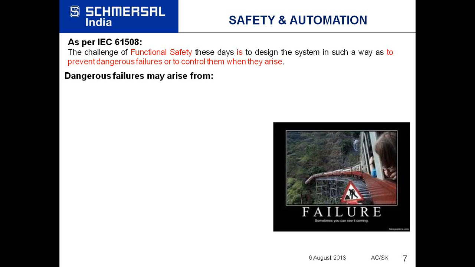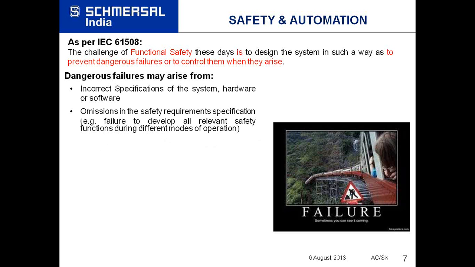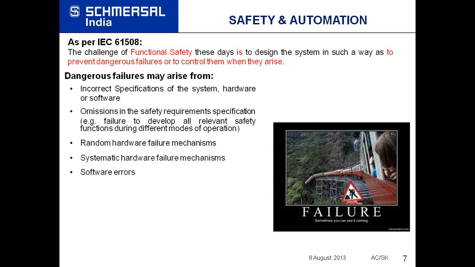And these dangerous failures can occur from many factors. One of those factors is incorrect specifications of the system, hardware or software. It can also occur by omissions in the safety requirements specifications, like failure to develop all safety functions during different modes, as I discussed in the last slide. You have taken care of safety requirements only in automated mode. You have not taken care of maintenance mode. Then random hardware failure mechanisms, also systematic hardware failure mechanisms. Then also because of software errors,